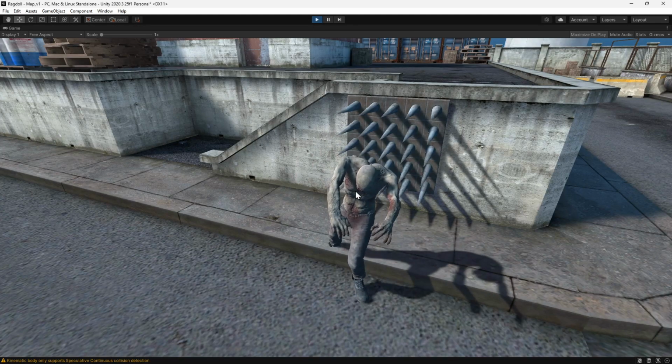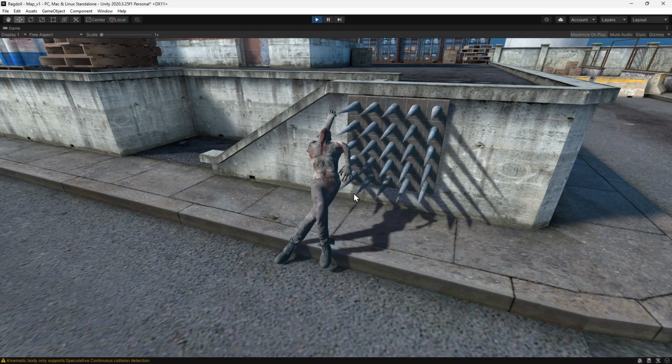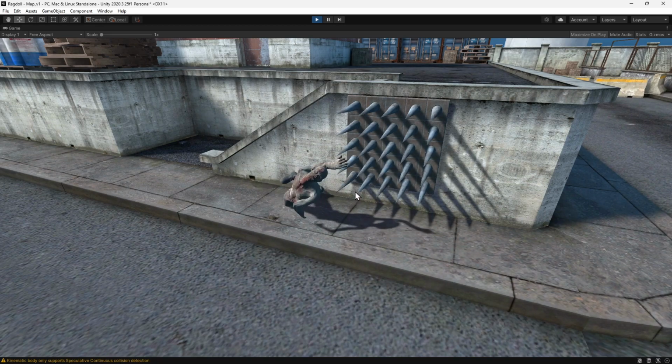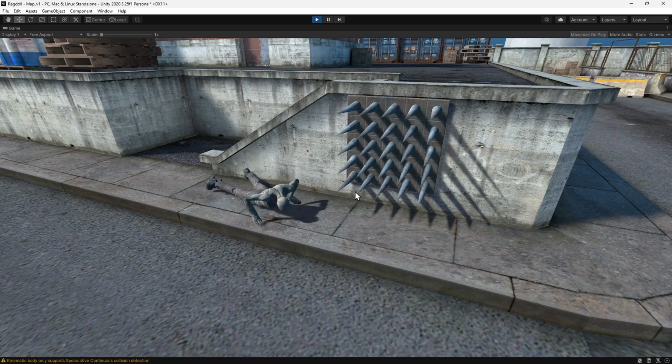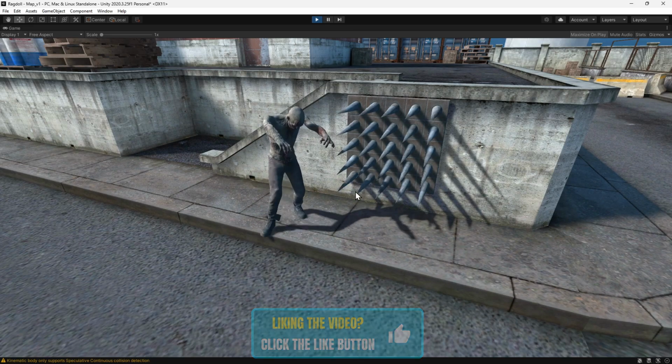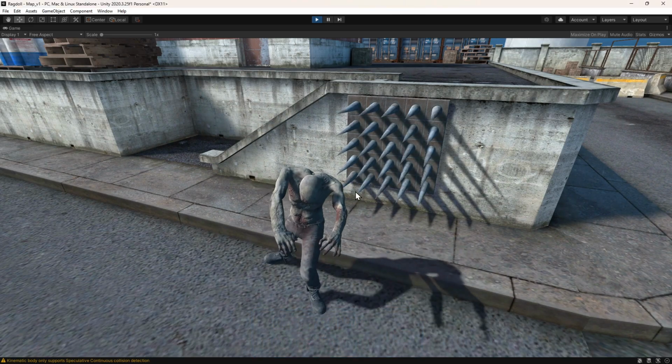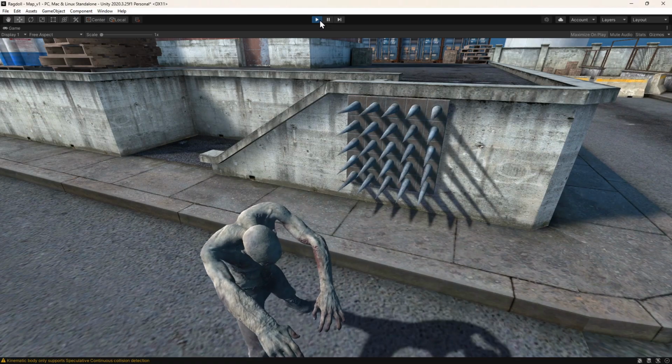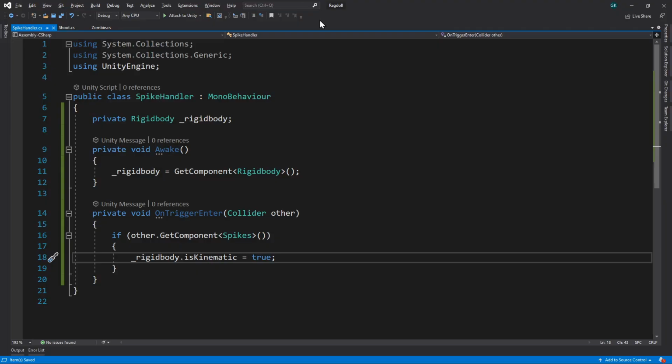We'll click on the zombie to throw it at the spikes. We can see this hasn't quite worked. It's spinning all over the place, and if we wait, the zombie will stand up again. Let's stop the game and switch back to the script to fix this. Setting the rigid body to kinematic wasn't enough, so what we'll do is store the position and rotation at the